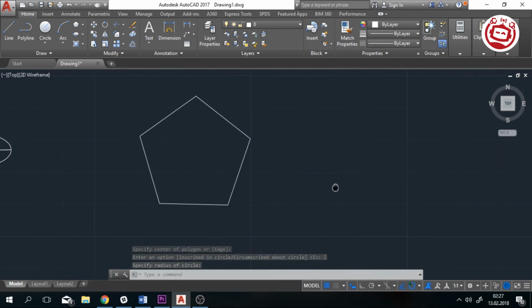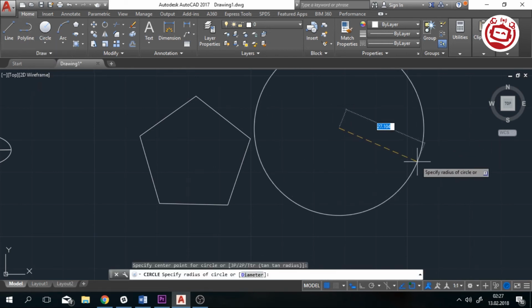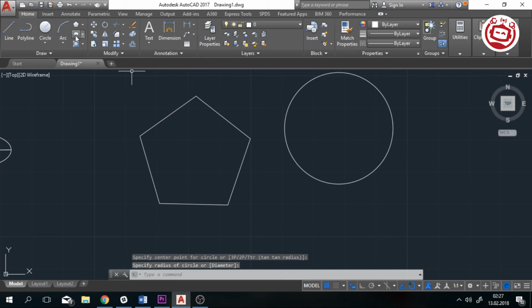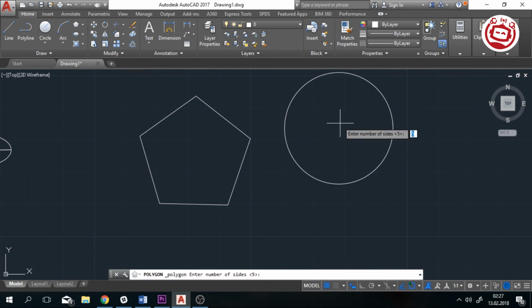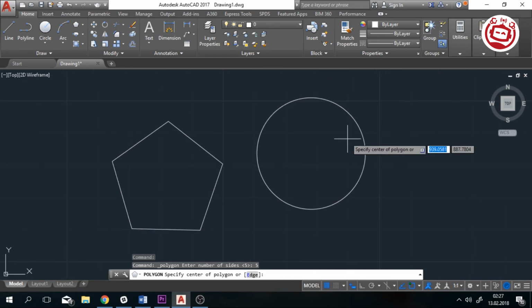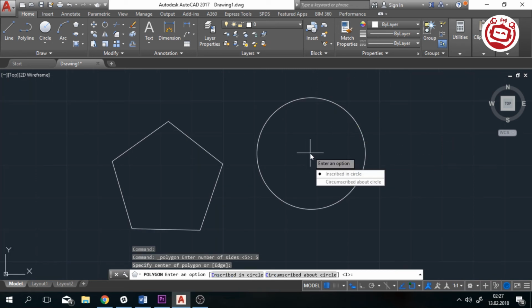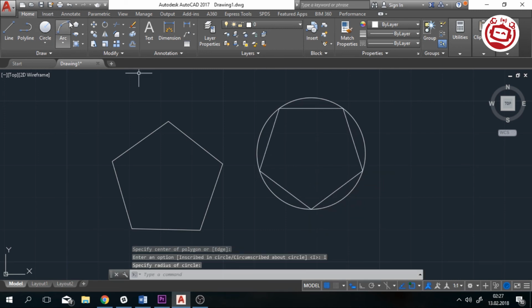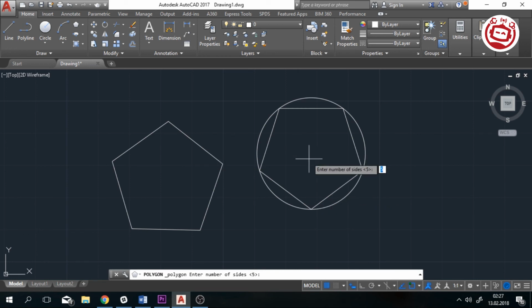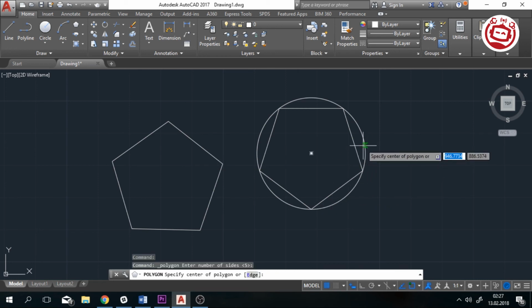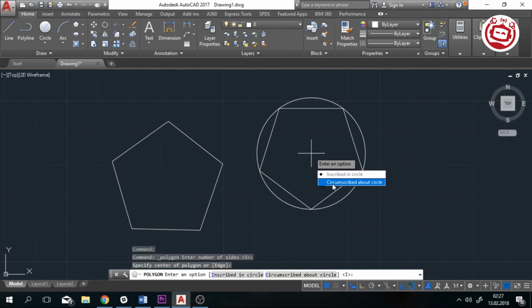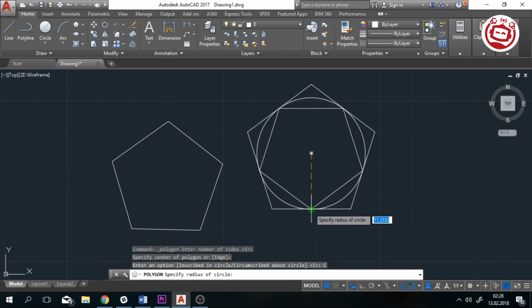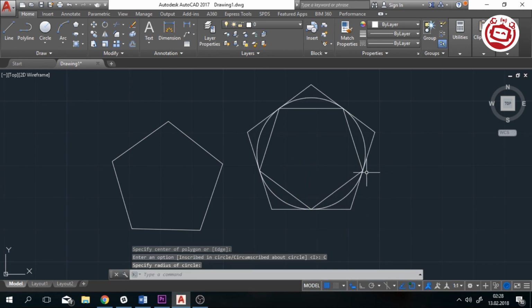Now draw a circle. Okay, polygon in center. Okay, inside like this. Now center outside. That's the difference. Okay,